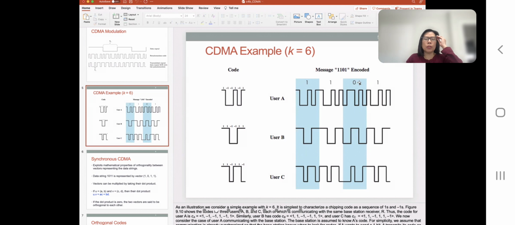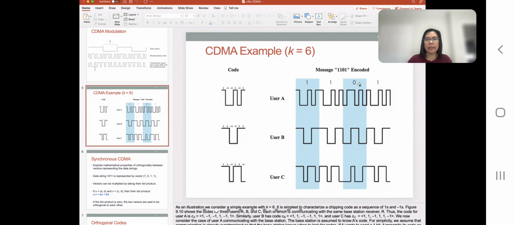So 0 could be equivalent to a negative voltage, or we say -1. In this example, we don't do the XOR, but we multiply the data digit with the code. If we multiply this code with 1, we keep the same form of the code. Again, with 1, we keep the same form. And then if we multiply this with -1,